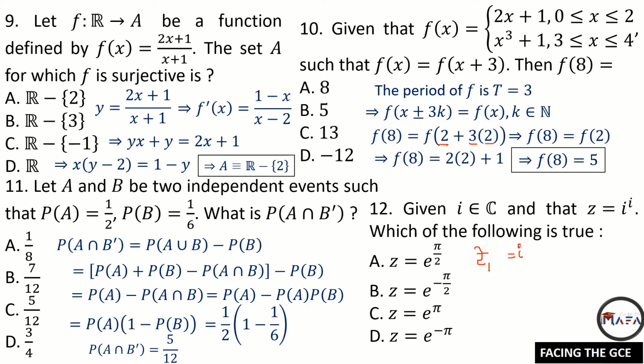Now how do I get the modulus? The modulus is just the square root of the square of the real part plus the square of the imaginary part. Here we just have the imaginary part and the coefficient is 1. So from there the modulus of I is just 1. Now what about the argument? To get the argument, we know that the argument of a complex number is the angle that the modulus line makes with the positive real axis. So to get the argument, first we plot the complex number to identify the quadrant,